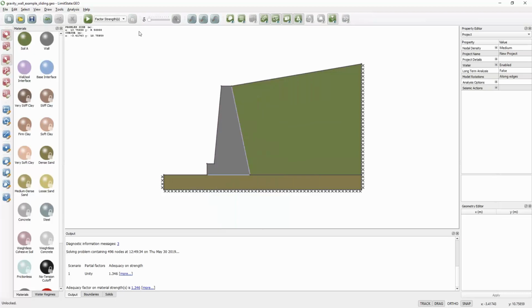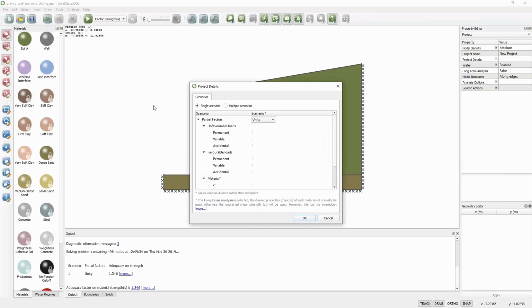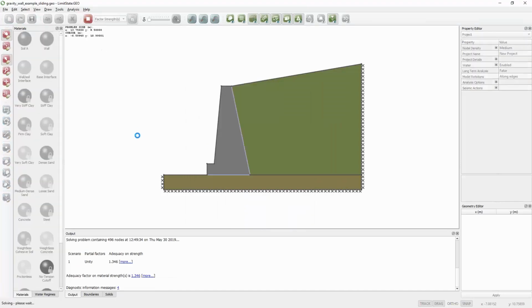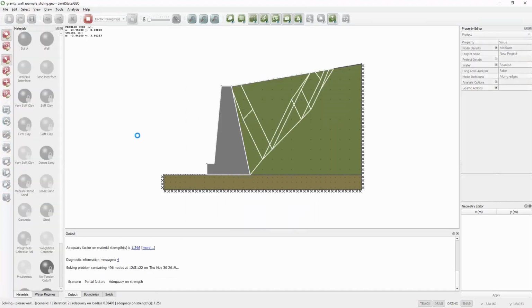Now, if I wanted to do a Eurocode type analysis, I can click here and use what's called the scenario manager, and this applies partial factors to our parameters. So at the moment we're using unit factors on everything, but I can select, for example, design approach 1 combination 2, and that will then start applying factors of 1.3 to any variable and favourable loads, which we don't have in this problem, and in particular factors on the material properties. So again, if I run that solution as a factor strength mode,